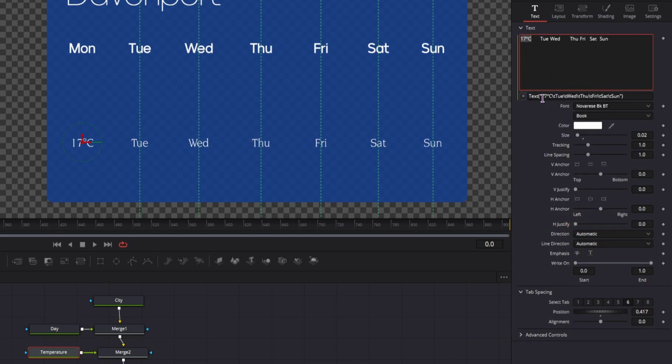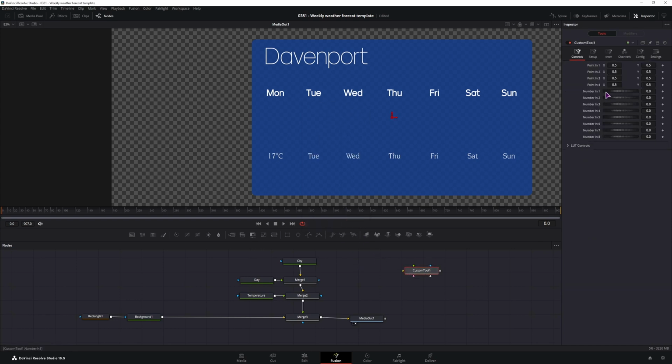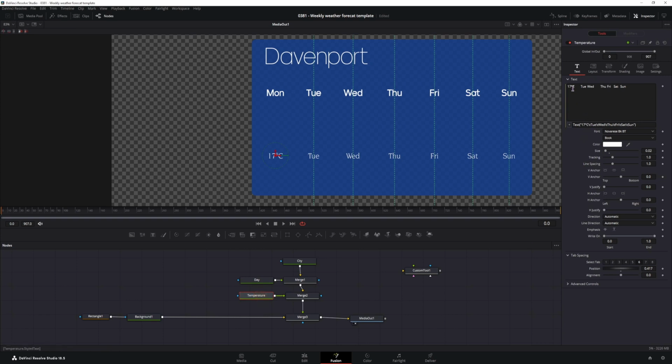And as you can see, this is how the text looks like. So we can use this to make the expression. So what we need to do is, let me just make a custom tool. So shift space, custom tool. We have a bunch of values, so we can use the 7 values inside the custom tool from 1 to 7, each representing a day. So when the user types in a value, maybe 17.5, we will take this value and input it before the degree sign. So I'll just type in